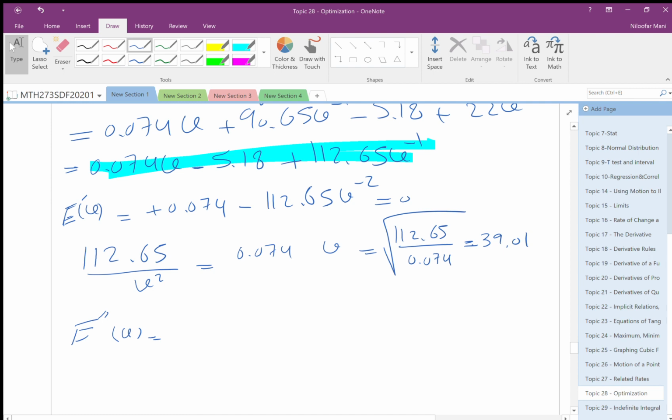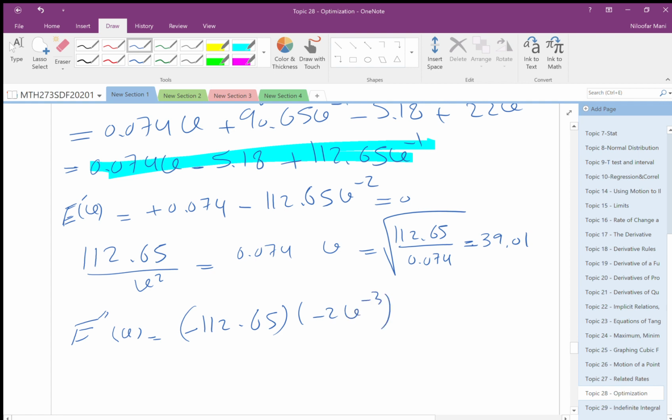So 112.65 times 2, and minus 2, so it will be minus positive, so it's 225.3. So E double prime is minus, so I can do it step by step, this times minus 2v